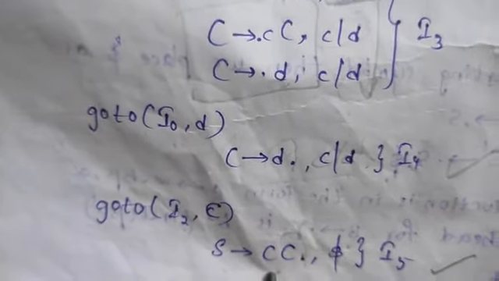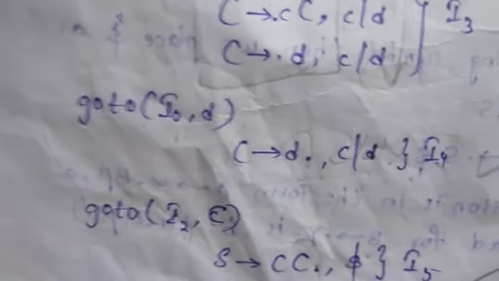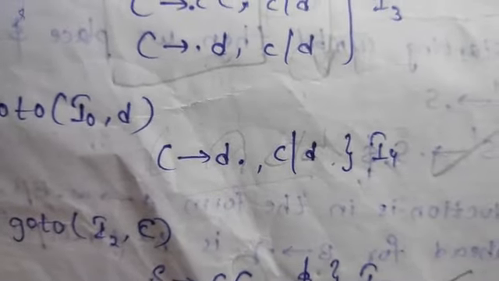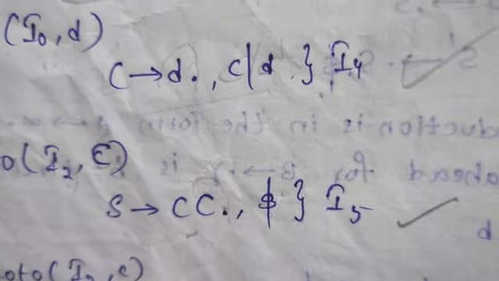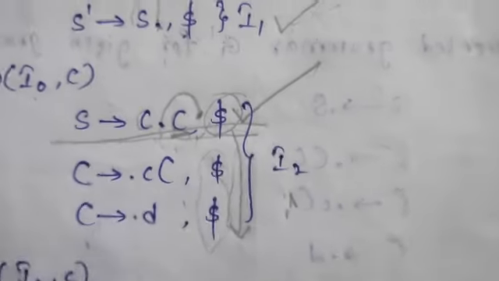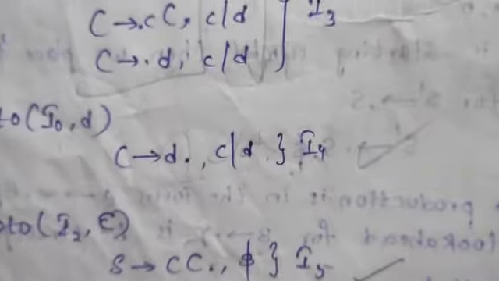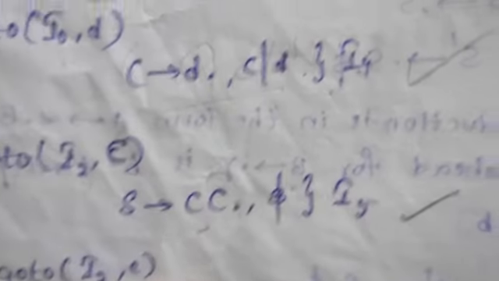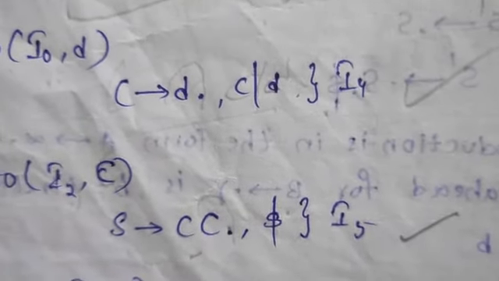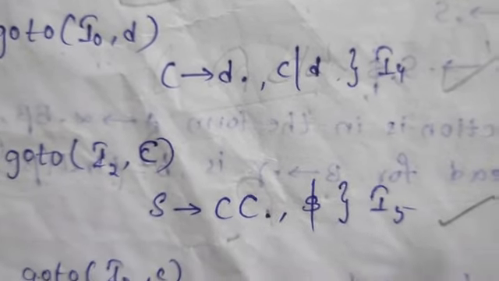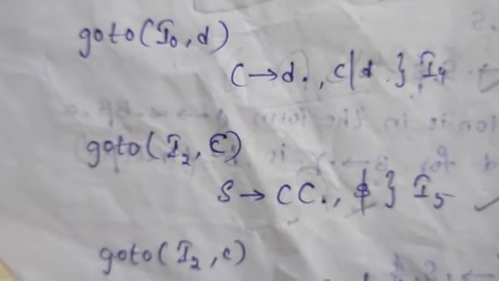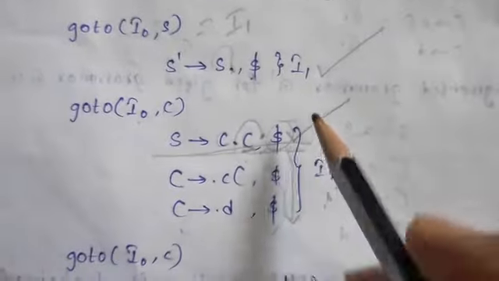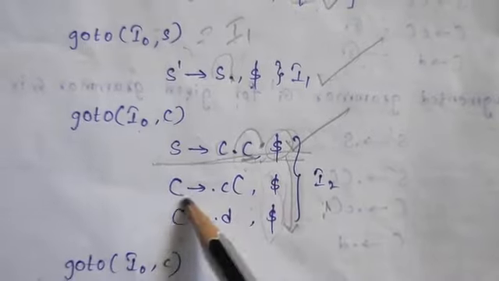In capital C dot, comma, the look ahead, whatever the look ahead in the I2 production is, that should be placed for the first production. If any production follows this one, we need to simply copy the look ahead of the first element in that one. So again in I0 the first one is completed and it will go for the second one.